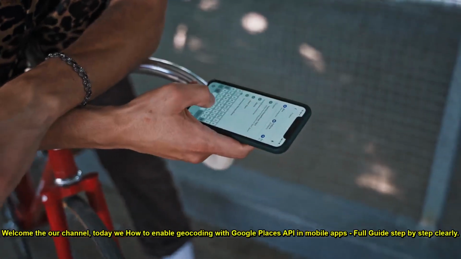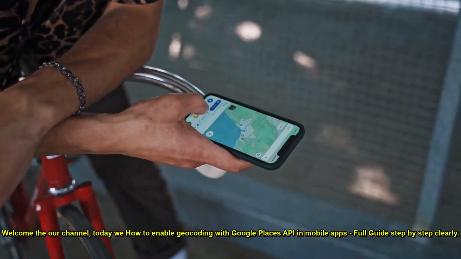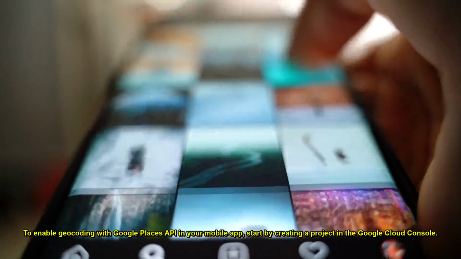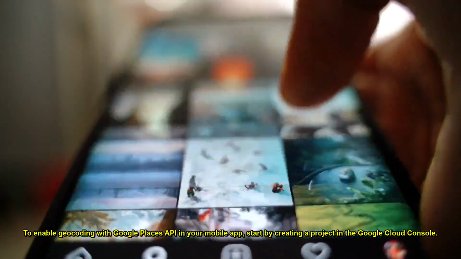Welcome to our channel. Today we show how to enable geocoding with Google Places API in mobile apps, full guide step by step clearly. To enable geocoding with Google Places API in your mobile app, start by creating a project in